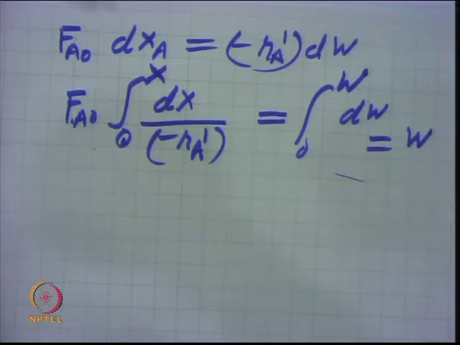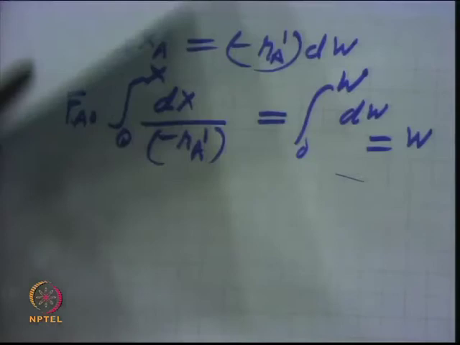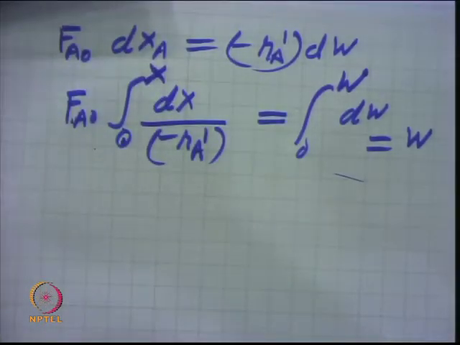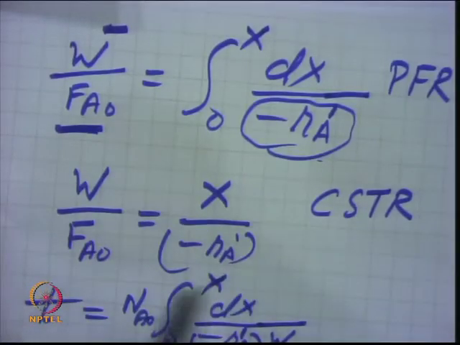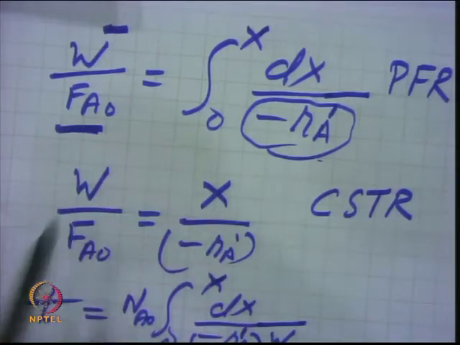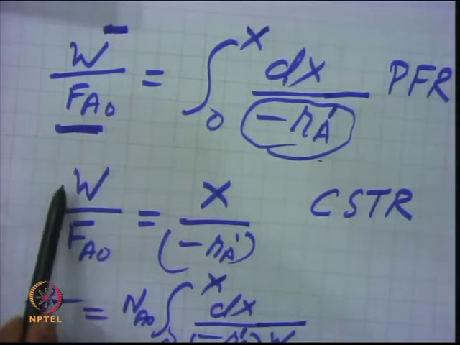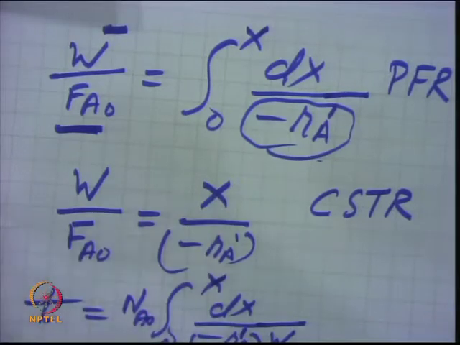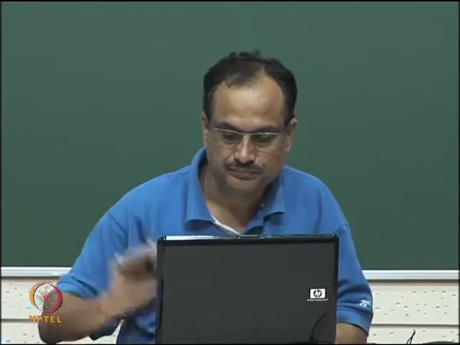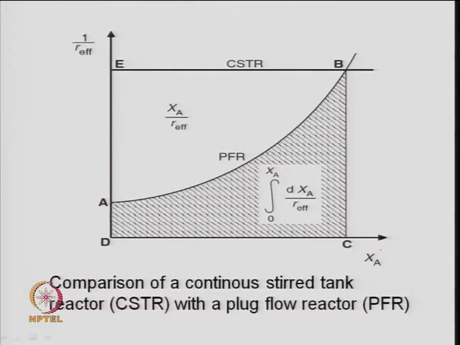So, once you have a small reactor, a plug flow reactor in differential form, it behaves like a CSTR, which is the design equation for CSTR when we reported it here. So, this is a CSTR design equation, total mass. If I write it in differential form, this becomes dW, dx. It means the PFR is nothing but an infinite number of CSTRs placed in series, right. So, this is the reactor sizing.